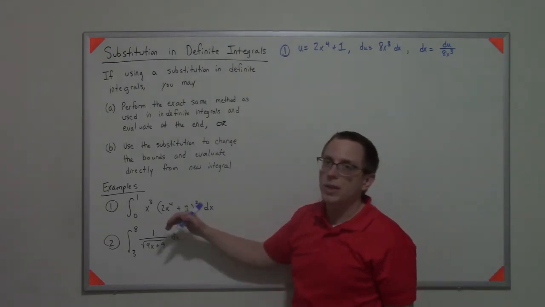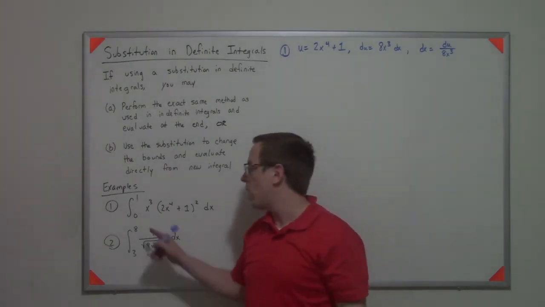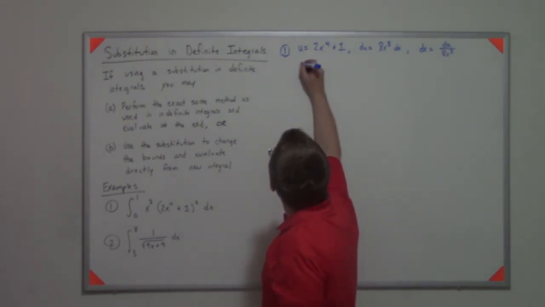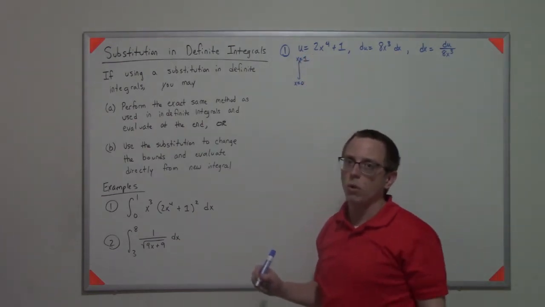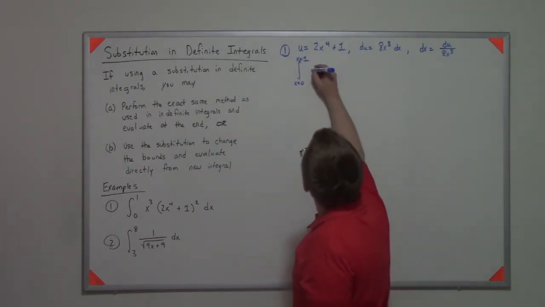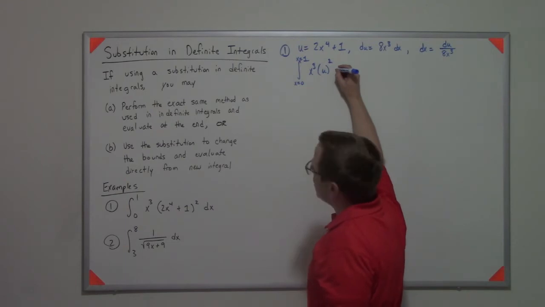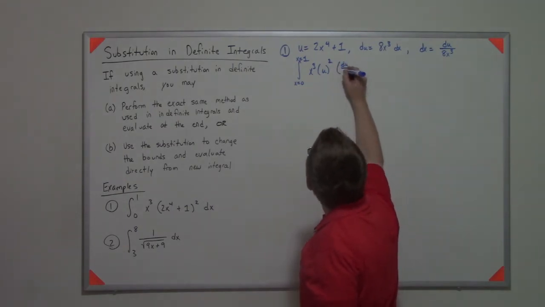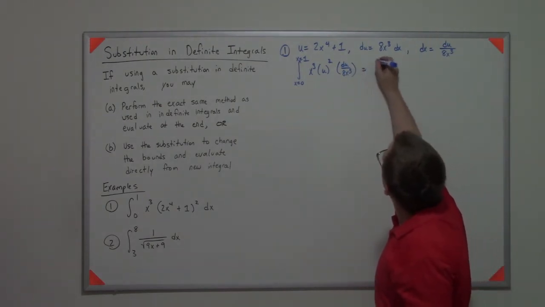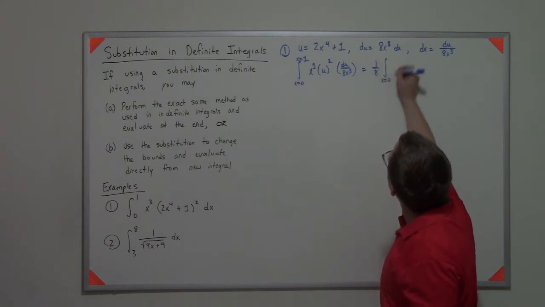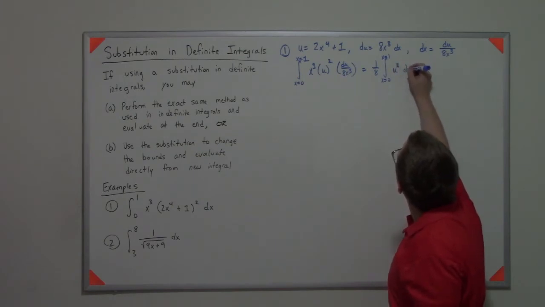From a notation standpoint, it's really important that you keep track of what bounds you're dealing with. So you should write x equals 0, x equals 1 for what we're about to do, of x cubed times u squared times du over 8x cubed. Notice that those x cubes will cancel. So I can pull the 1/8 out, and I'm saying x equals 0, x equals 1 of u squared du,